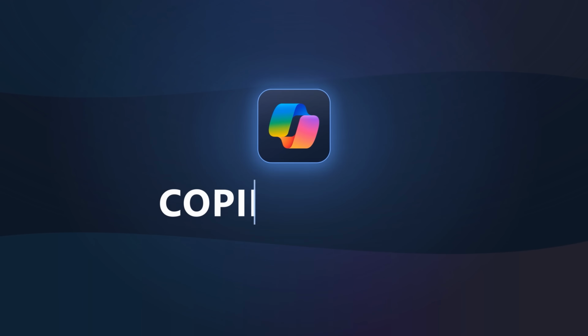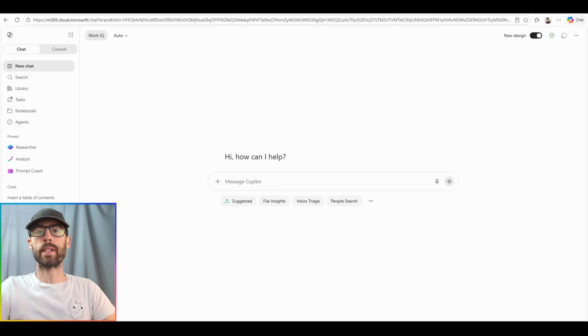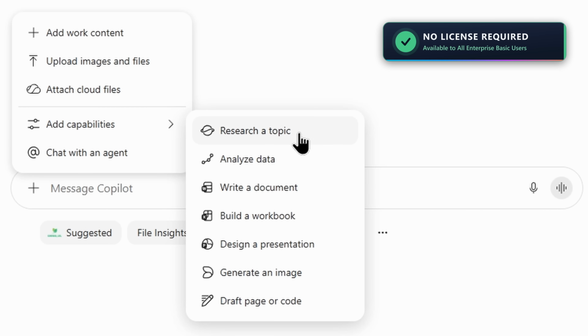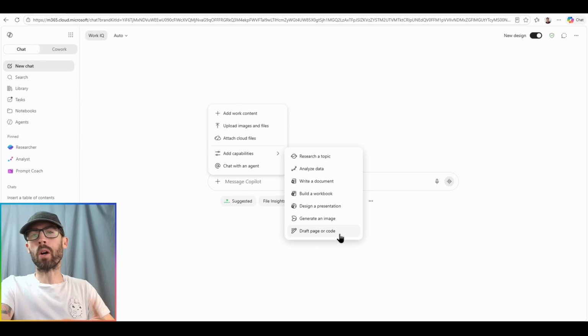So, Copilot Chat, tons of new updates within the experience, including new functionalities, integrations, and UI elements. If I click on the add content option, we now have this option for add capabilities. There's a ton of different capabilities here. This has been out for just a little bit, but isn't really known by many people. So, you can now do things like drafting a direct Copilot page or code, generating imagery. You can embed the Word, PowerPoint, or Excel agents, the analyst agent, the researcher agent, all the agentic capabilities that